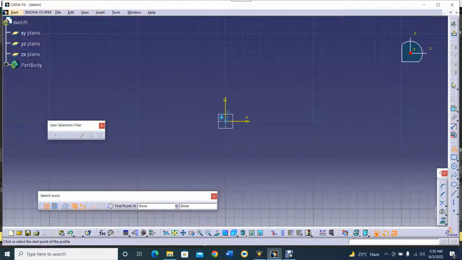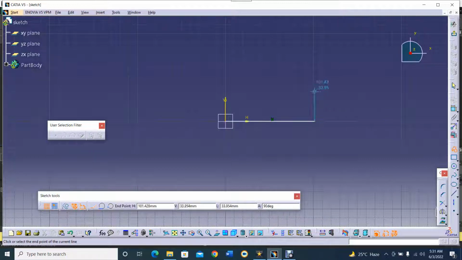Now we are starting from the origin. X, Y are 0, 0 at this point, and the blue solid dot inside the circle of the origin shows that the 0, 0 or the origin has been selected. So let's click over here, and we want to draw a horizontal line. Now we want to go vertically,